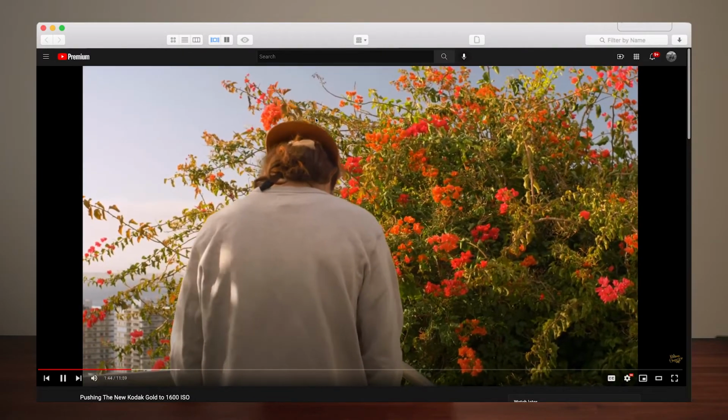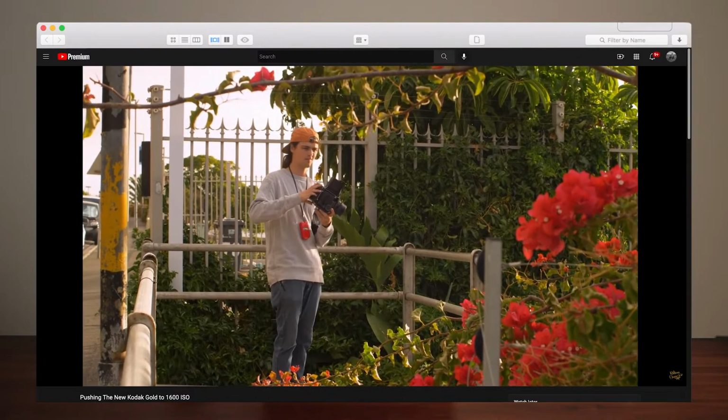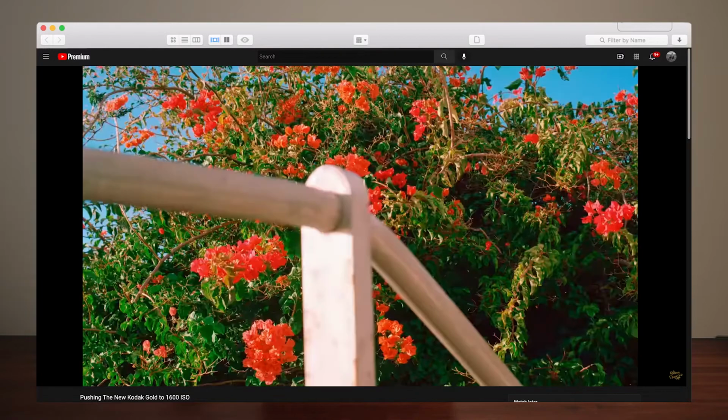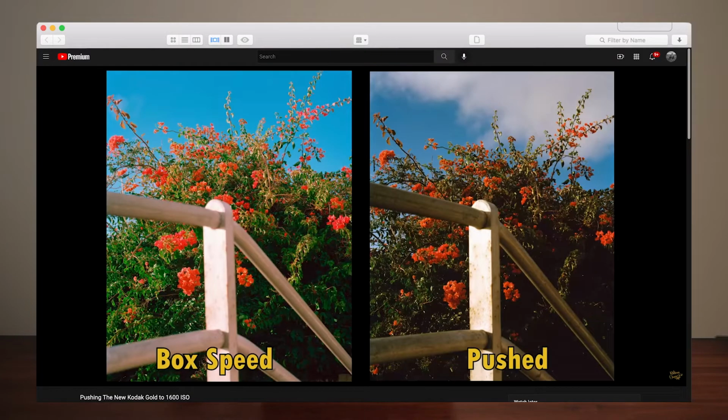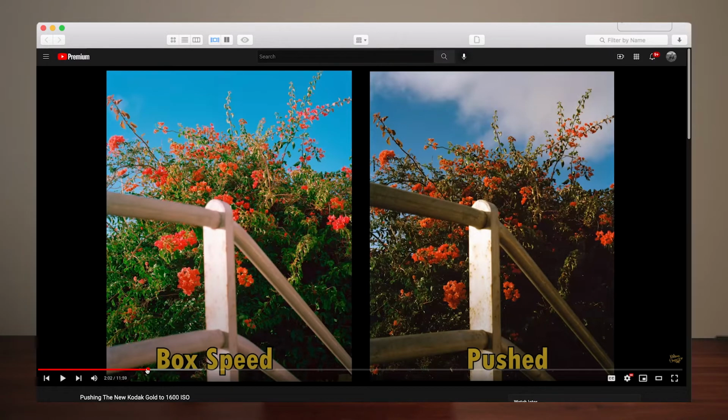So, yeah. Here's something interesting. This is fun. So, Kodak Gold, right? We've seen it, 120, whatever. This guy went ahead and shot this 200 speed film with a 3-stop push, 200 to 400, 400 to 800, 800 to 1600, on his boat anchor of a Mamiya. It looks really clean. Like, you can see there the color shift where when you push film, sometimes weird things happen, and we've talked about this in the past. It could be the scanner making strange decisions, or it could be probably that there's an actual color shift going on there, but